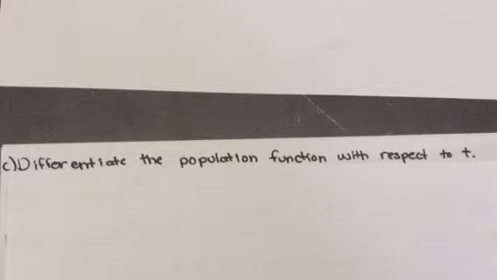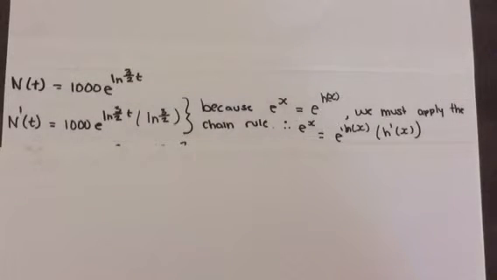Letter C now asks me to differentiate the population function with respect to t. This means that I will need to find the derivative of the equation. To find the derivative of this equation, I will have to find the derivative of the exponent as I must apply the chain rule, which is the derivative of the outside multiplied by the derivative of the inside. I must find the derivative of ln(3/2)t, which is the derivative of the inside,